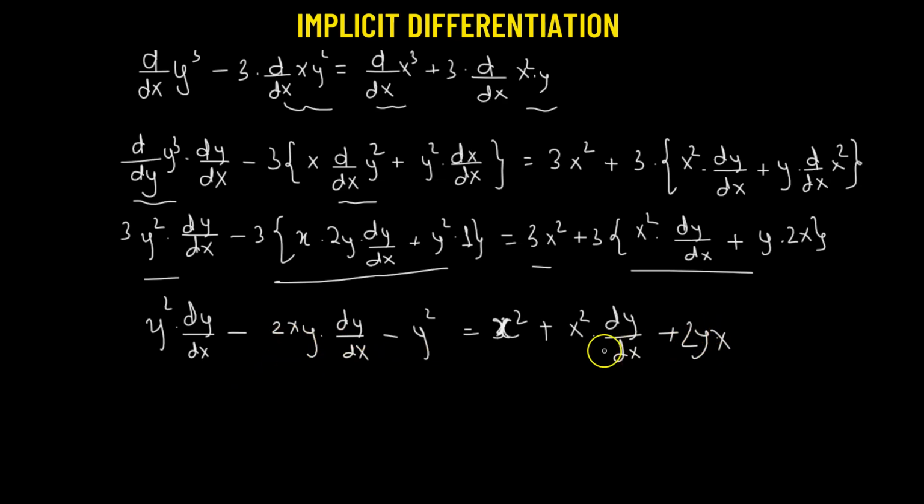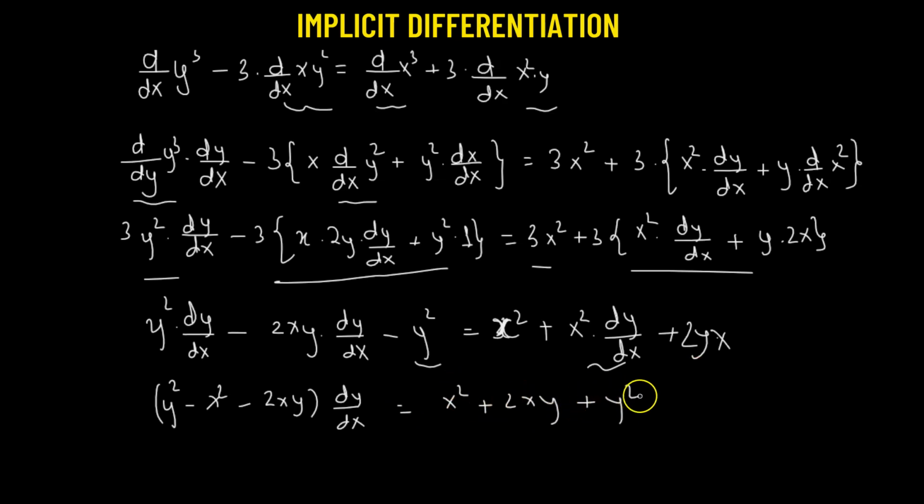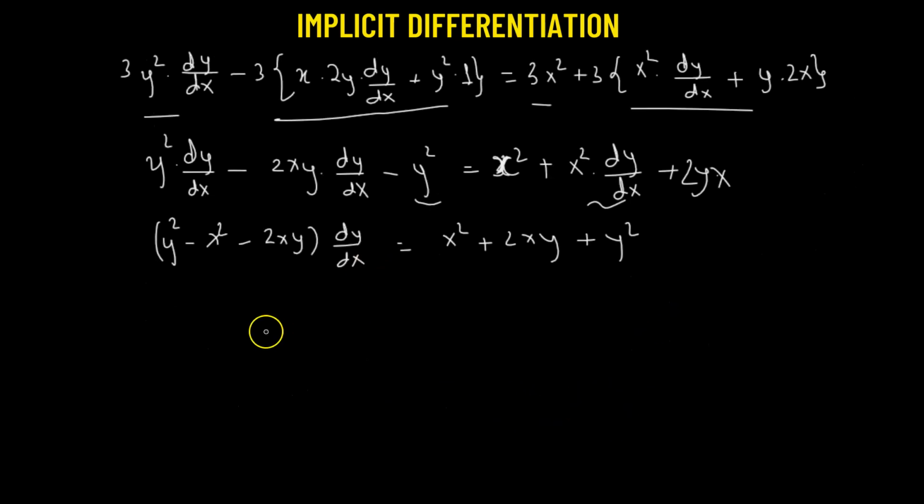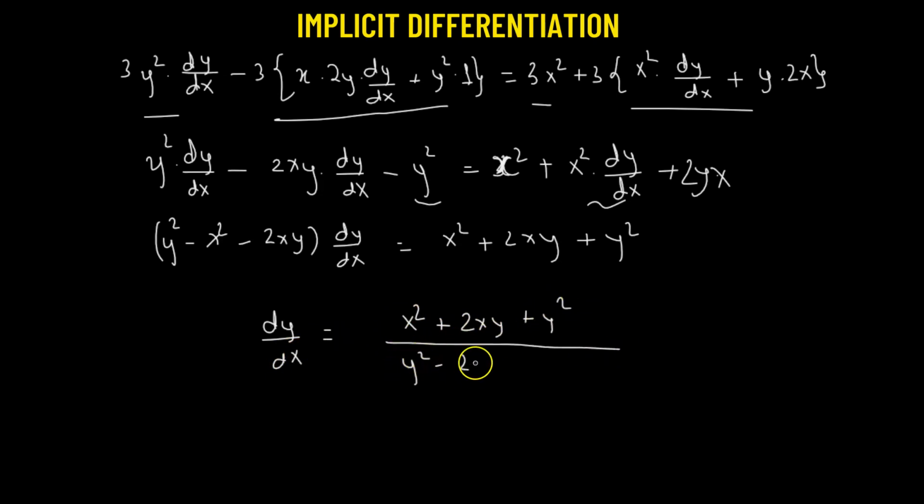Right. Now what we'll do, we'll bring this x squared times 2y dy over dx to the left hand side. So we have y squared minus x squared minus 2xy multiplied by the derivative of y with respect to x, and we'll transpose negative y squared to the right hand side to get x squared plus 2xy plus y squared. Now we can finally obtain the derivative of y with respect to x, which will be equal to x squared plus 2xy plus y squared divided by y squared minus 2xy minus x squared,